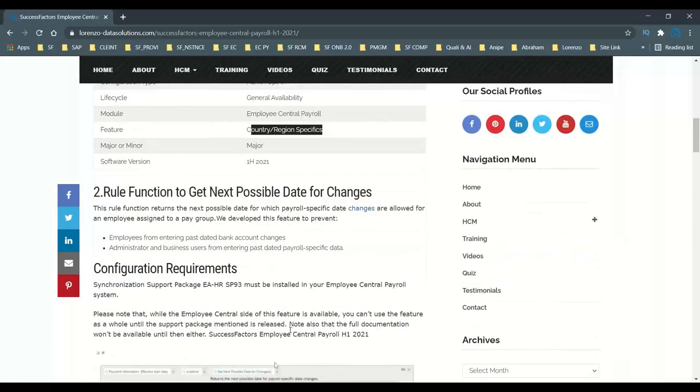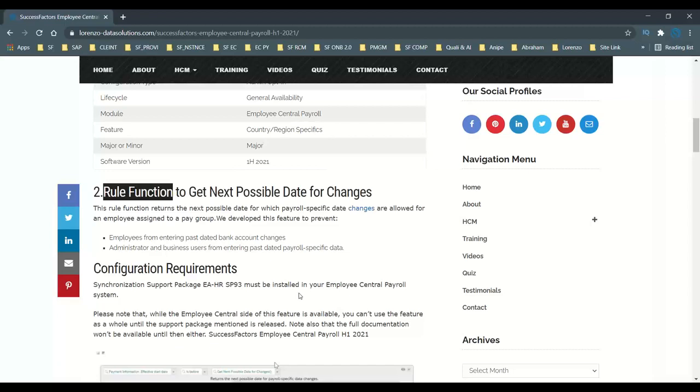The next feature that we see in Employee Central Payroll is, in EC we create business rules and we have rule functions. We have so many rule functions that we use when we set up the Employee Central system with flexible business rules for any kind of requirement that is possible.